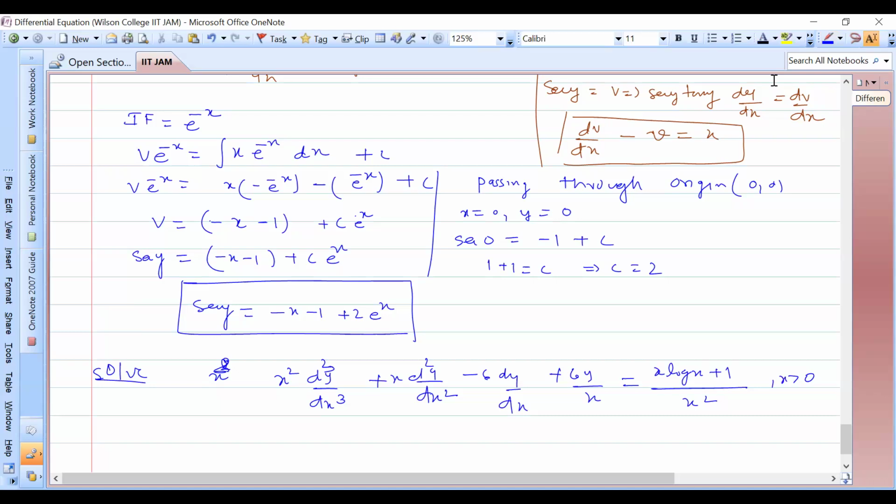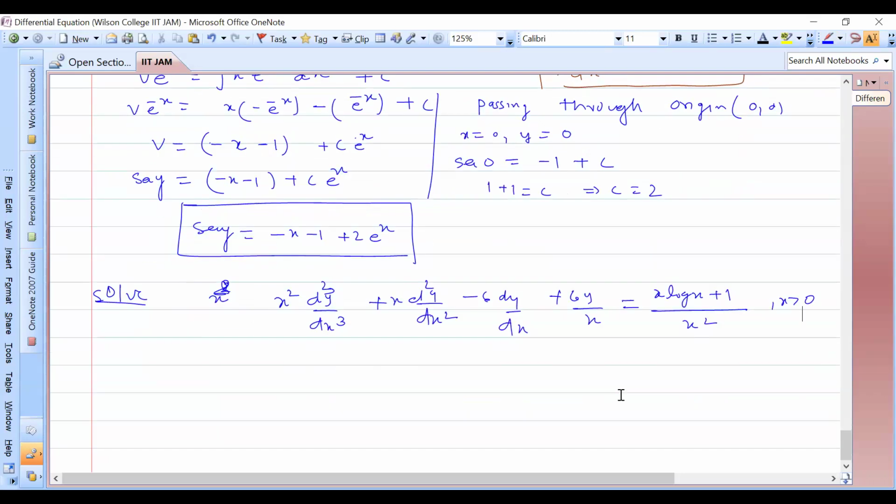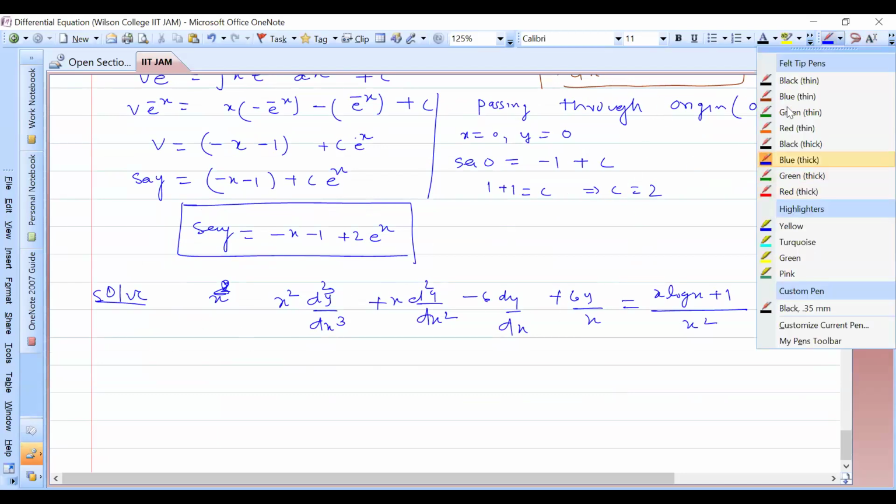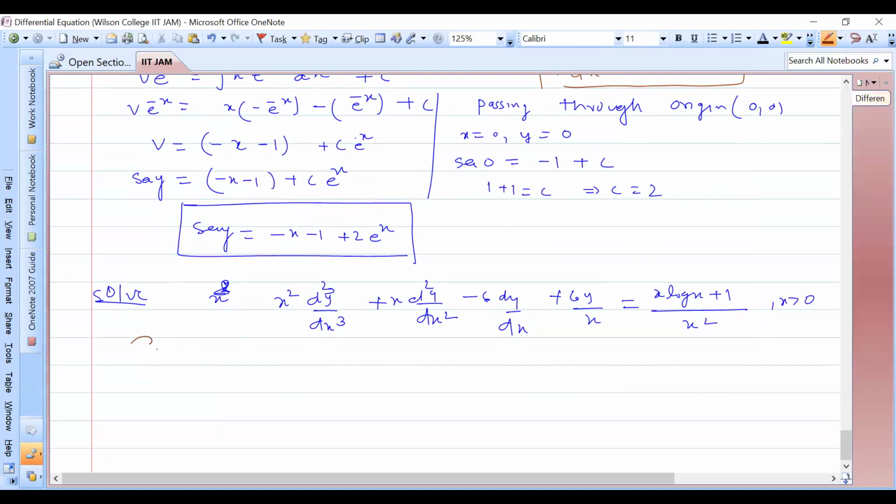Which form is it? Cauchy-Euler. So what is the form? See, this is Cauchy-Euler's